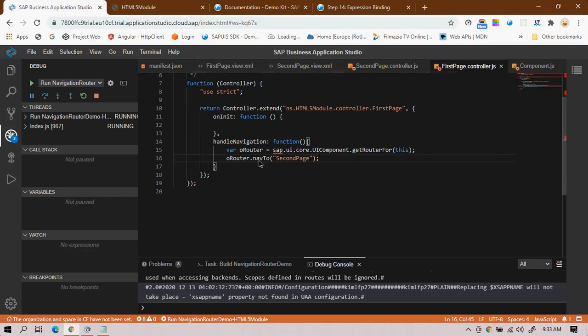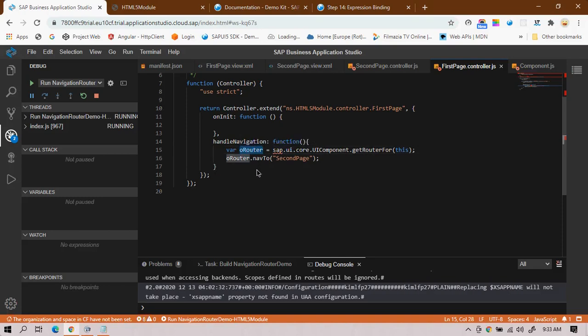Okay, so every time you want to navigate from the first view to the second view, first you get the router information with the help of this syntax, sap.ui.core.UIComponent.getRouterFor, and in brackets you need to pass this.